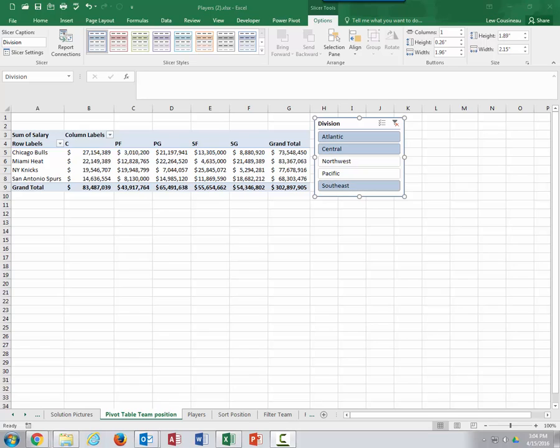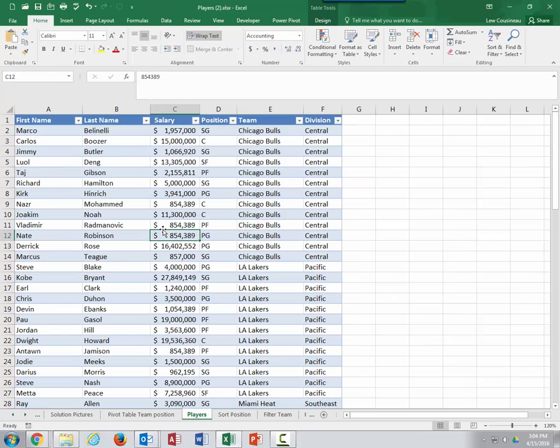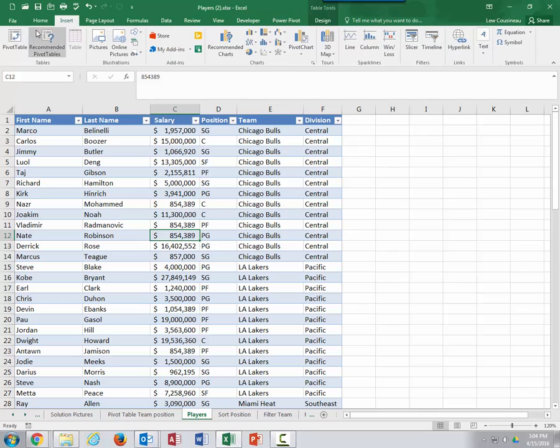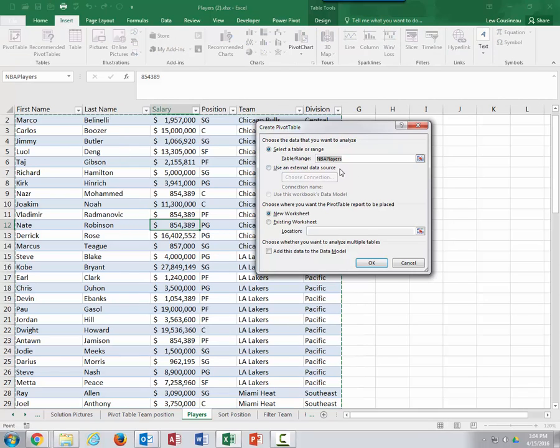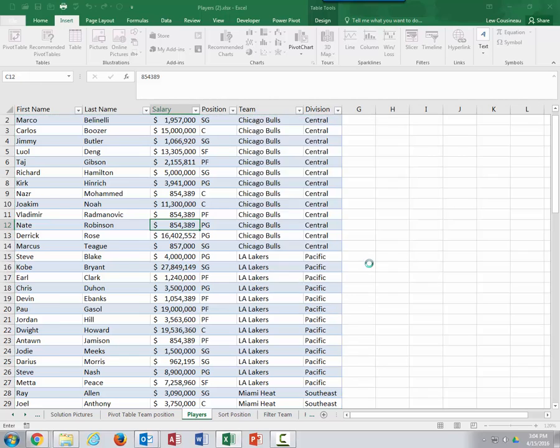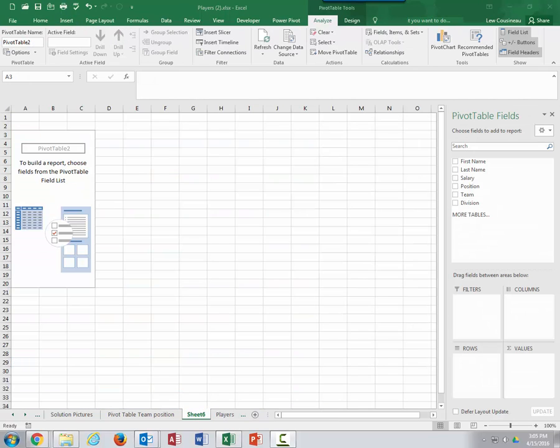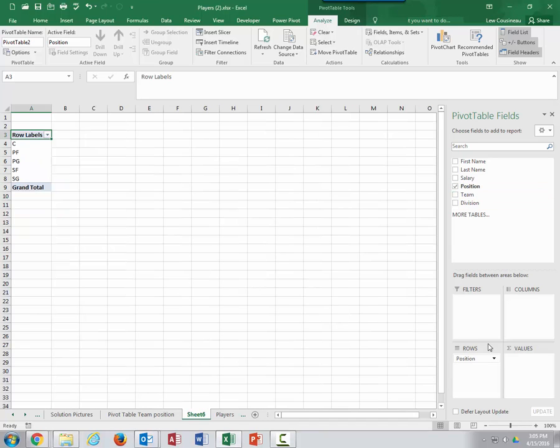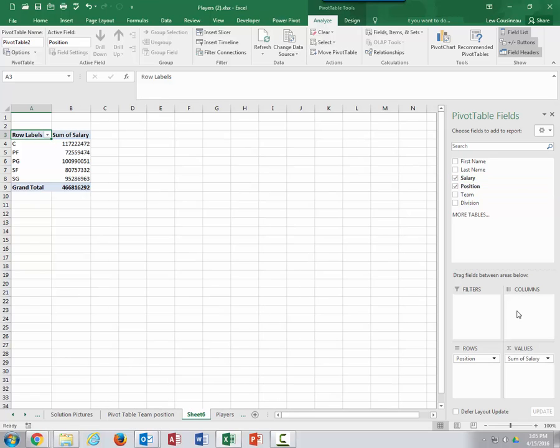Finally, instruction 14, we're going to make another pivot table. Click on Players. So I will go Insert, PivotTable. Again, it's going to say, well, here's your table range, NBA players. We're going to create a new worksheet, so I'll hit OK. This time we want to calculate the number and average salaries by position. So the first thing I'm going to do is put position down on the rows, and we will calculate the